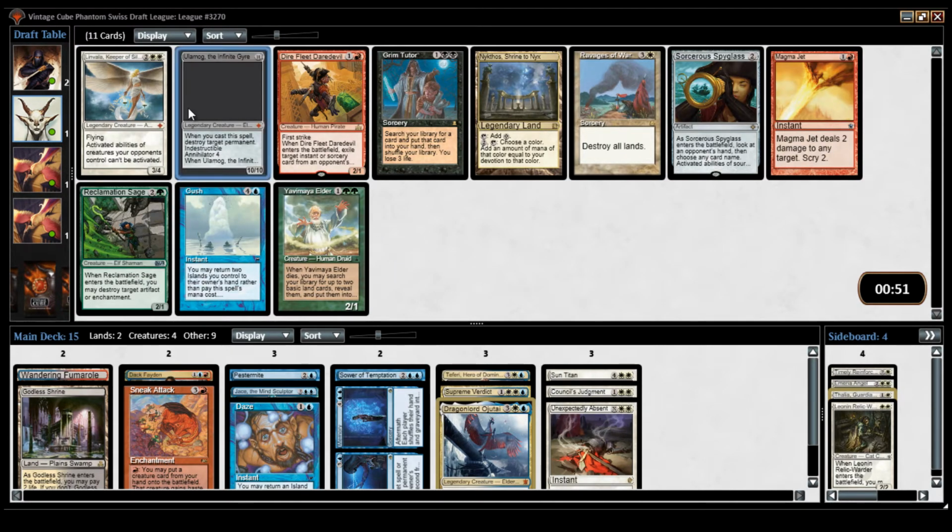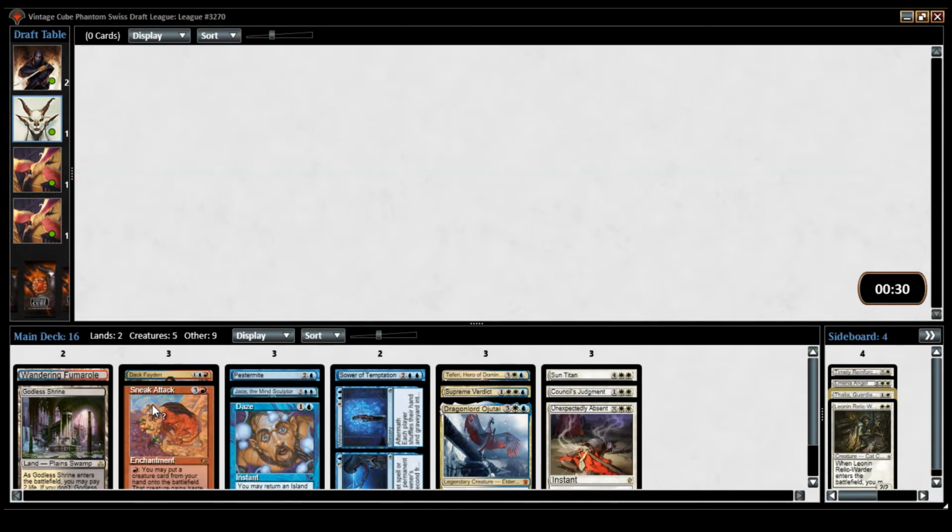Alright, so now we have Ulamog. That's pretty good with Sneak Attack because you can get them for 4 permanents. The mana is looking a little bit messy. If I knew I was going to get that, I might have taken the Inspiring Vantage. But also not giving up too much here. I mean, Linvala is great against the green decks. But